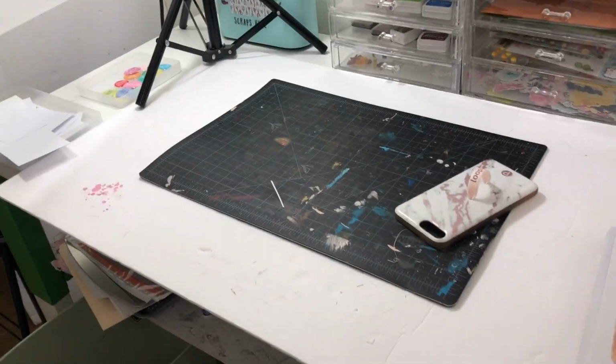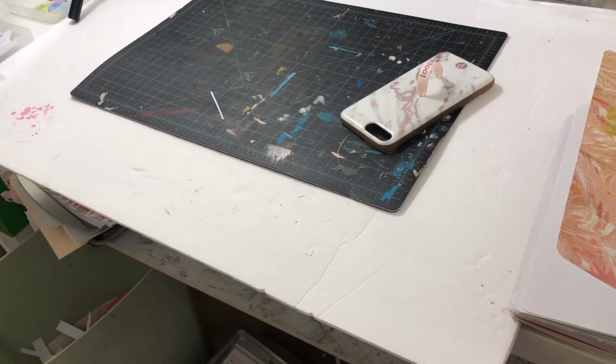And I'm gonna show you my favorite products, my favorite inks, my rubber eraser that I cannot live without, and just how I use the different drawers that you can see behind me, and I hope it inspires you. So here we go. All right, so just like last time I showed you my area, I have a foam